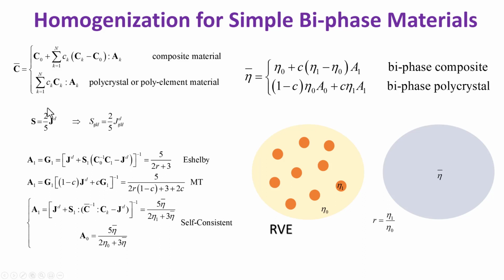Because the Eshelby tensors are very simple, using the expressions of the last slide, it is easy to show that the strain rate partitioning tensor for the eta 1 phase in the Eshelby method is this relationship. It reduces to a scalar. For the Mori-Tanaka method, the relevant strain rate partitioning tensor is also reduced to a scalar. In the situation where the two phases form a polycrystal aggregate, the strain rate partitioning tensors for the two phases are also reduced to scalars.